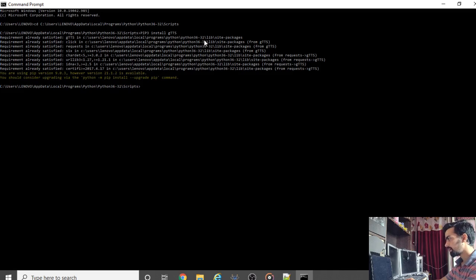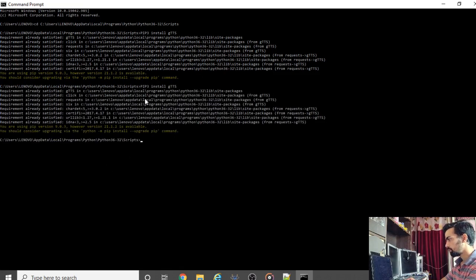So you can see the package. Once you install the package, you want to see where that package is installed. Again, type this command. You can see the path, and in that path the package is installed. The path is Python 36 lib and site-packages. So in the site-packages folder, we have already installed this package.